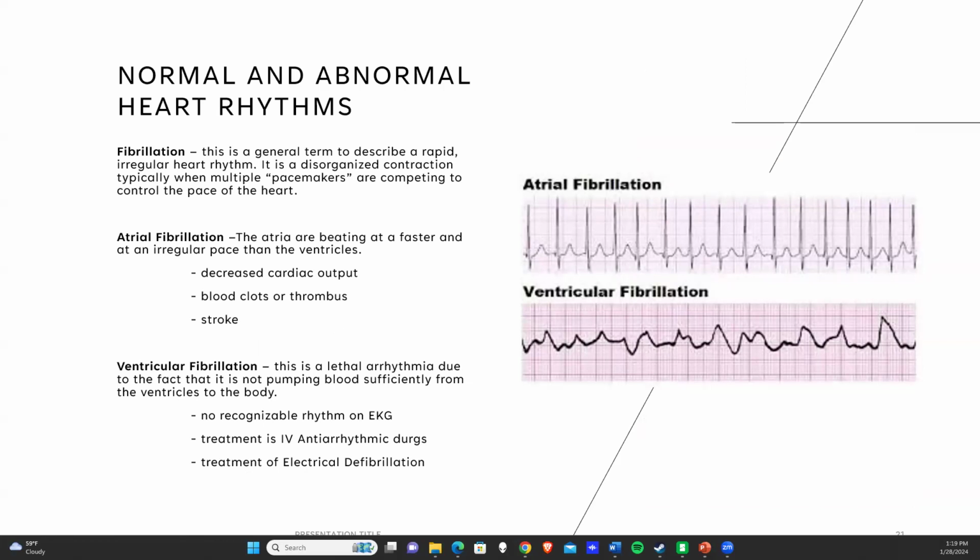So fibrillation. Fibrillation is just a general term that describes a fast and irregular heartbeat. What you will see here on the top one, atrial fibrillation, it has difficulty in determining the P and T wave during depolarization of the atria and repolarization of the ventricle. One of the big things with this is that